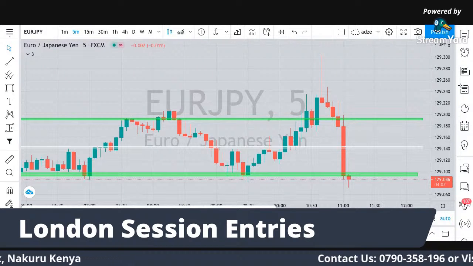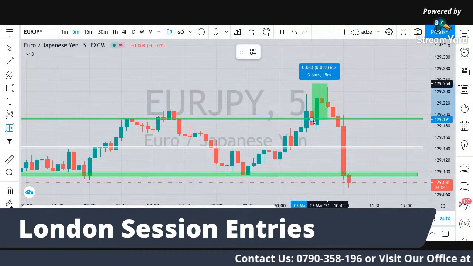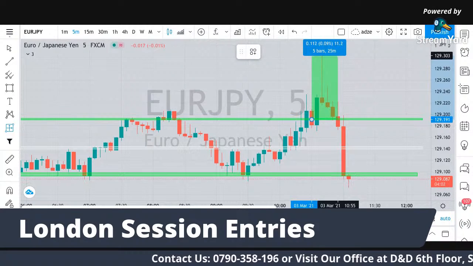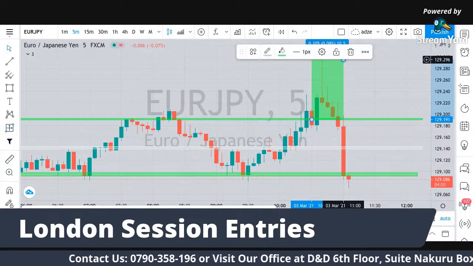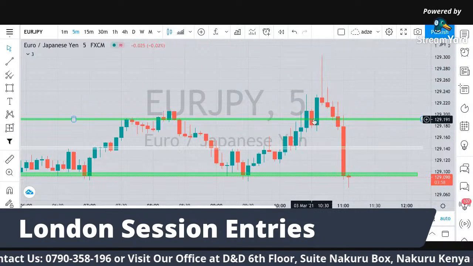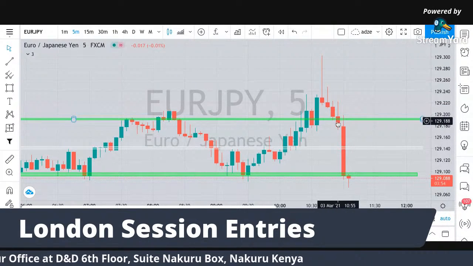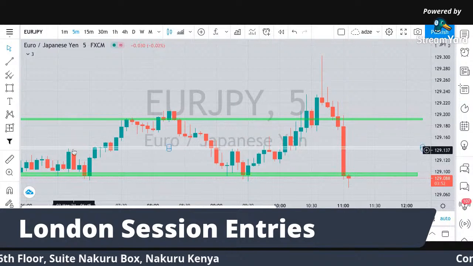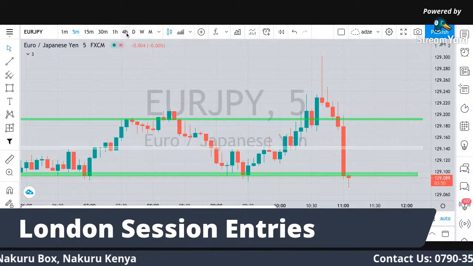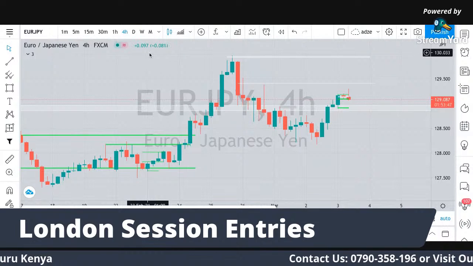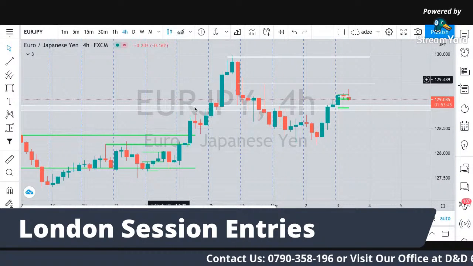So if we took this one, I did not take it because of the market. This one would have been around 10 pips. After 10 pips, I usually move my stop loss to break even, so probably I would have been taken out. The reason why I did not take it is if you go down to the macro,